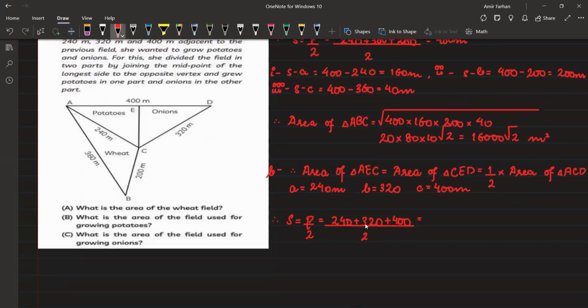So ये कितना हुआ, 240 and 320, 500 560, 560 and 900, by 2, ठीक है।